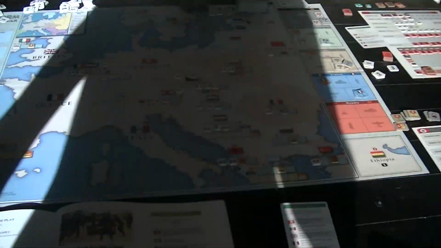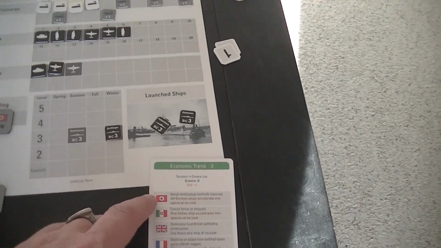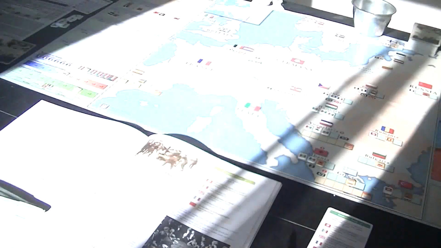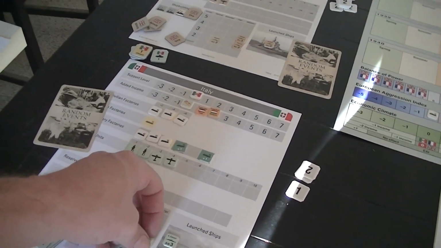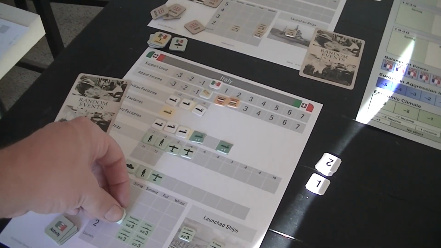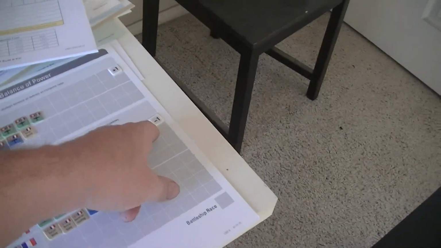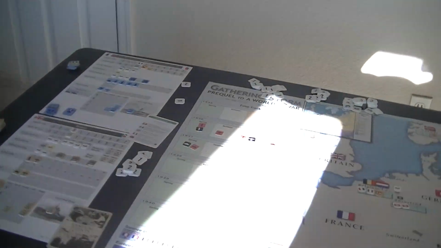They went on a shipbuilding spree, part of which is because German ships all got accelerated to space at no cost. So the Germans were able to launch a couple of ships. The Italians didn't have a whole lot of money, so they didn't really want to move their ships forward. So these guys go into next turn to be available. But we've got that limited down to a -1, and the Allies aren't aware that the Axis is doing this